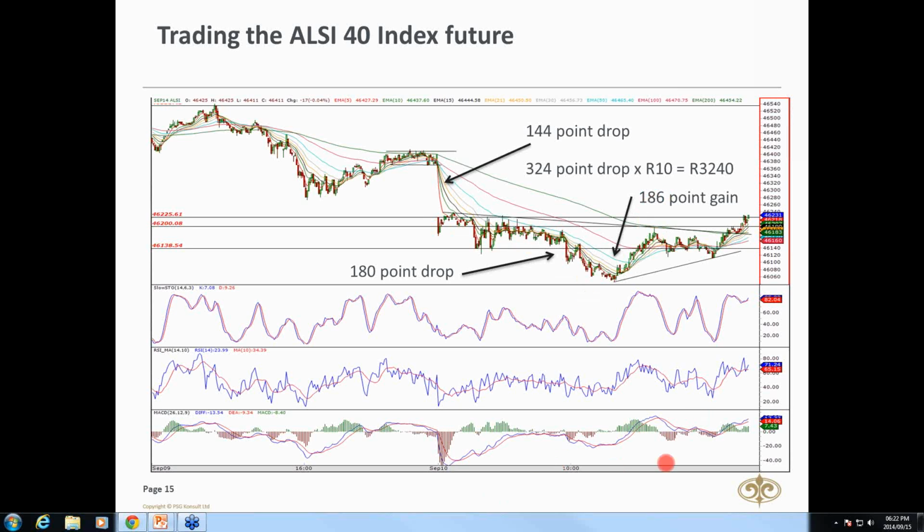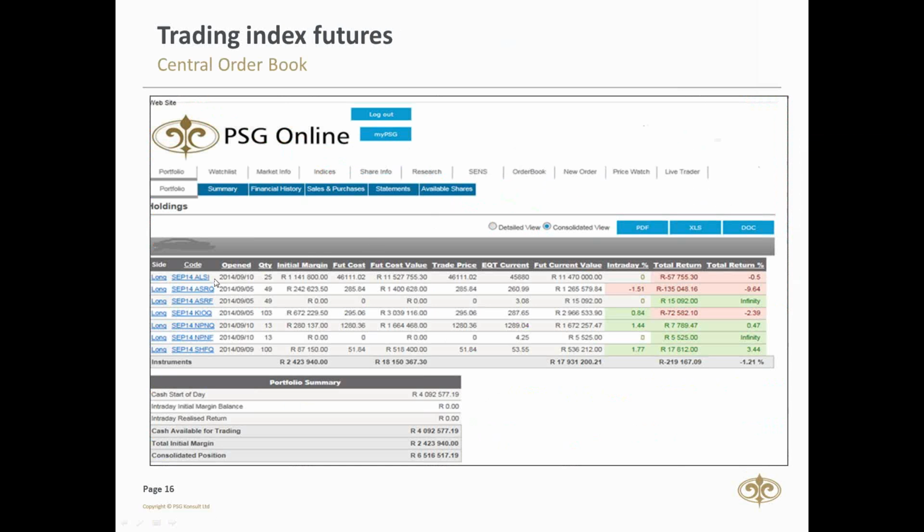2 or 3 trades, and that's, I can tell you now, in 2 hours. That's how the guys would trade. Okay, let's move forward. This is what an ALSI contract looks like. If you guys could just see, yeah, this is a big account. This has got 25 contracts. I can highlight for you. You can see the exposure, 11 million Rand. Okay, so this is a serious trader. Yes, might be down around 57,000 Rand, but imagine making 100,000 Rand a day, or even more than that. Okay, so these are the serious traders that trade with PSG.